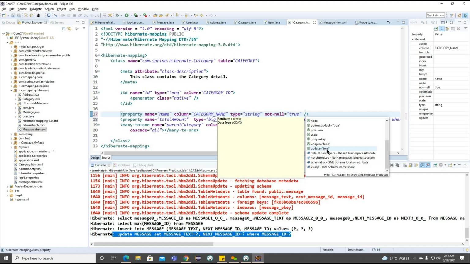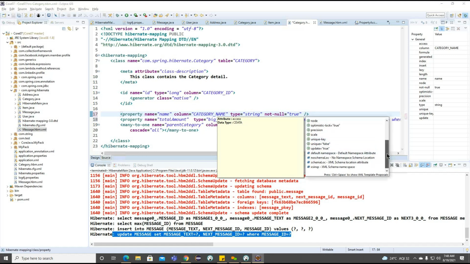But now what we can do, we can make false here. So whenever we are making this particular false here, what happens internally? This particular insert statement or update statement will not perform into the appropriate column called category name. Getting the point? So this is a way also we can make some restriction regarding this particular column, and we can provide the unique key. So we can provide based on the unique key, if we want to insert any value, we can go for the unique key here.